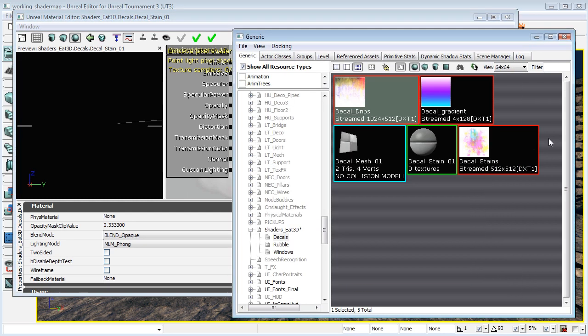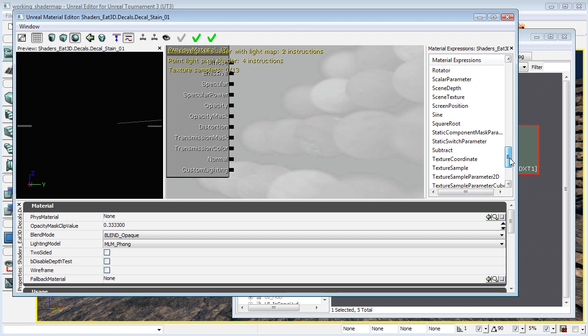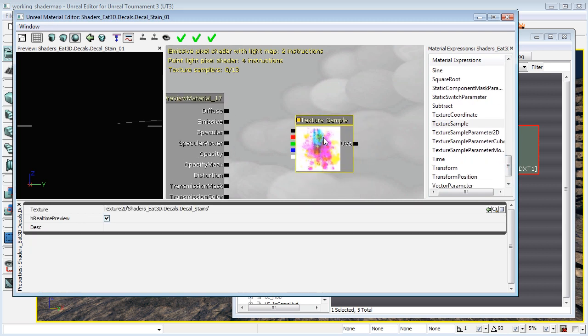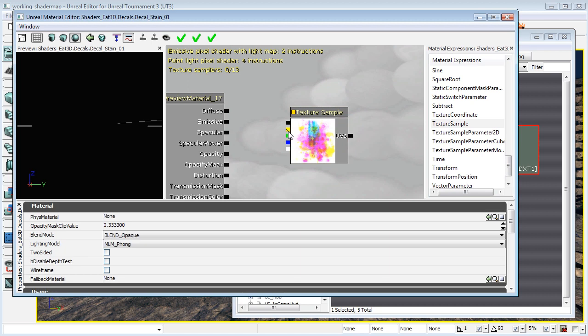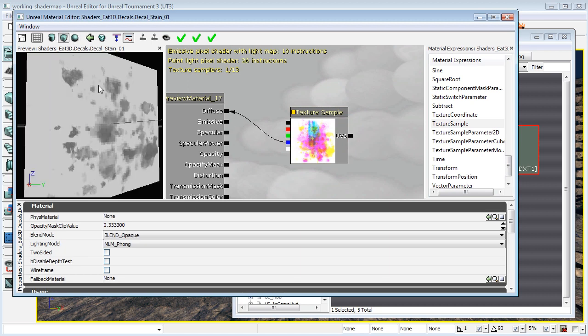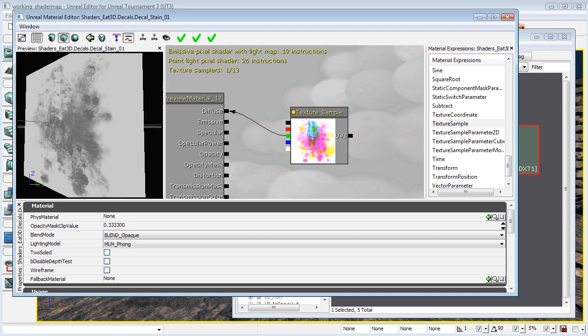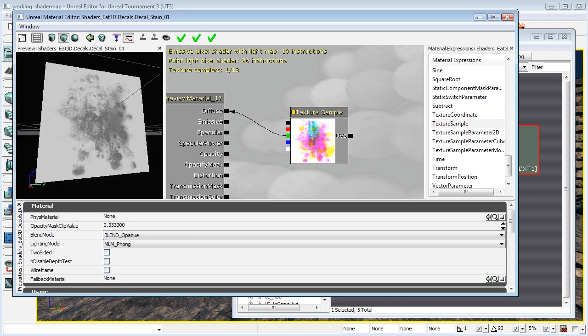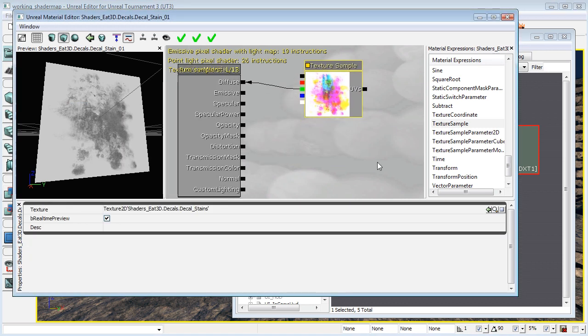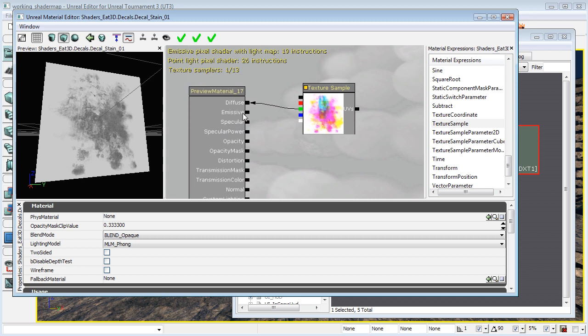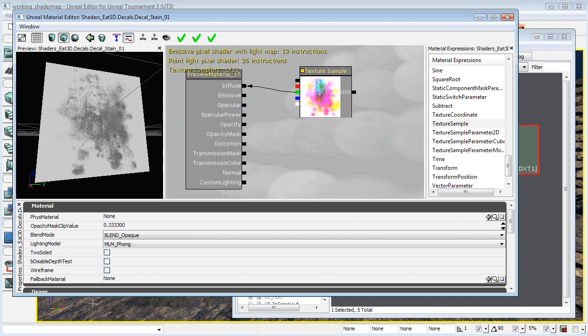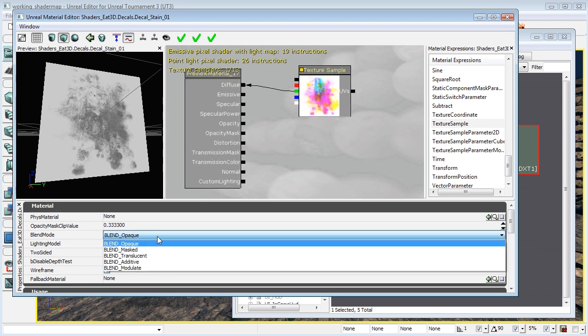So we'll drag out the stain. And in here, we will just plug the blue in, and then we'll pick the green. Pretty cool stain. Hit the green checkbox. And the only thing you need to do here is select the actual preview material node. And here you have blend modes and lighting models. And you have some more options in here, but basically here we're just going to change it from blend opaque